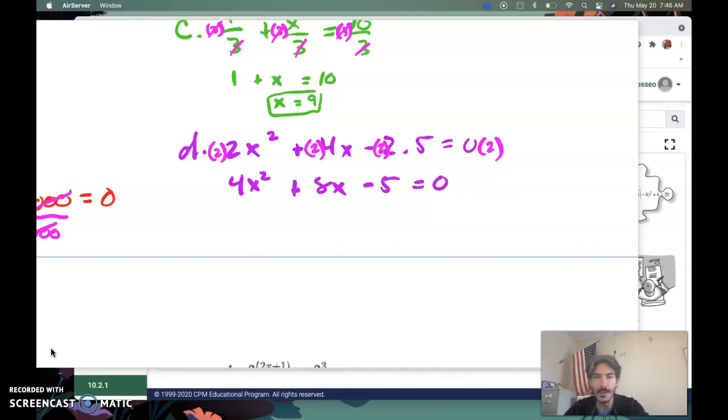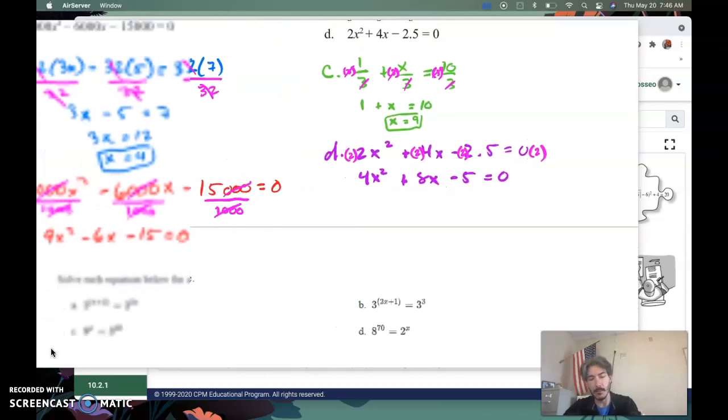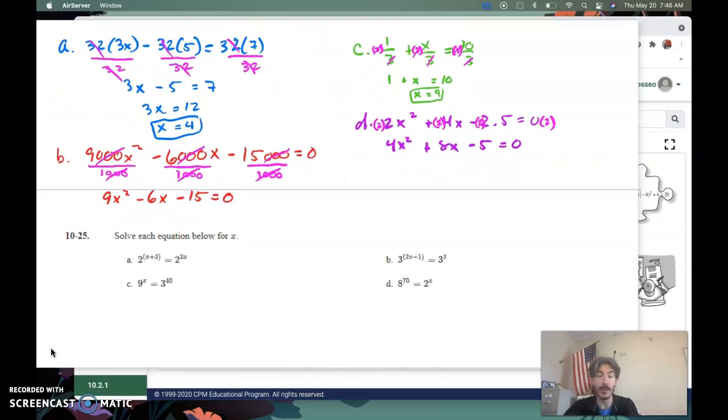Now I've got a bunch of integer coefficients, and those things are going to work with factoring, okay? One more time, I'm not going to factor this problem just simply because we've seen stuff like this quite a bit, and so I'm going to save some time so I can move on to some other examples, okay? We're going to go ahead and look at